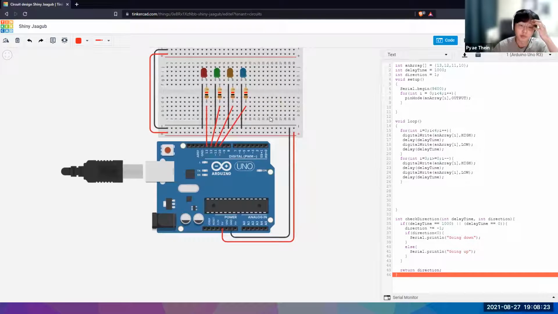For all this while, we've been using the digital pins, right? If you remember what I said, they can only output high or low. So the two outputs are only high and low. Now let's make use of the analog pins. So for that,